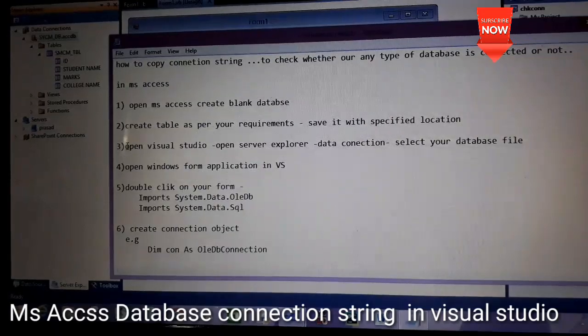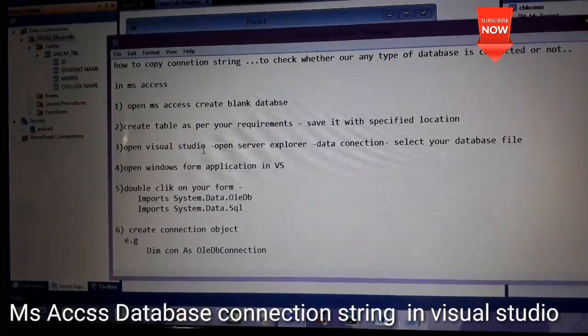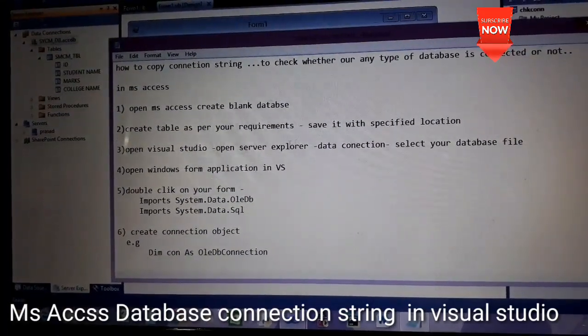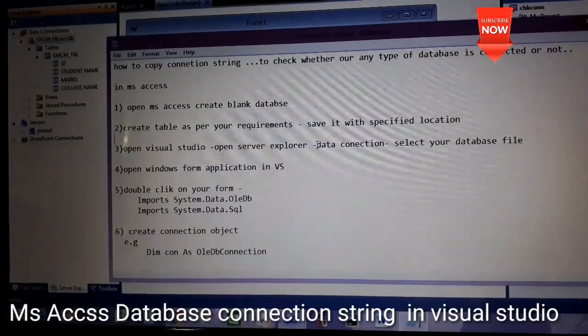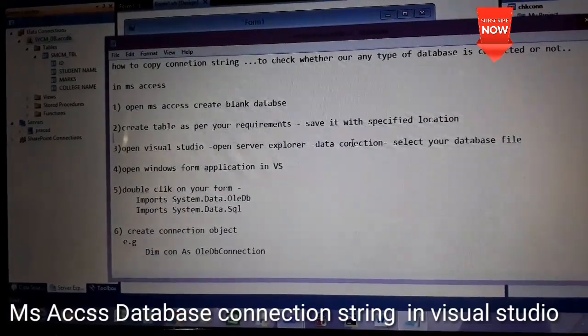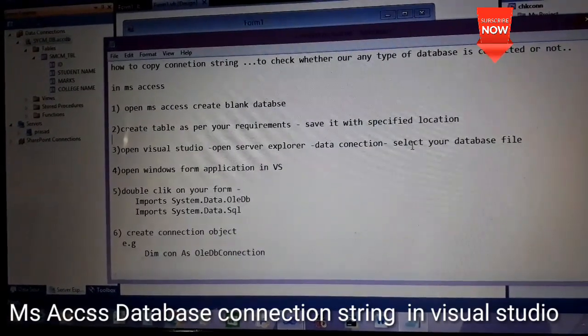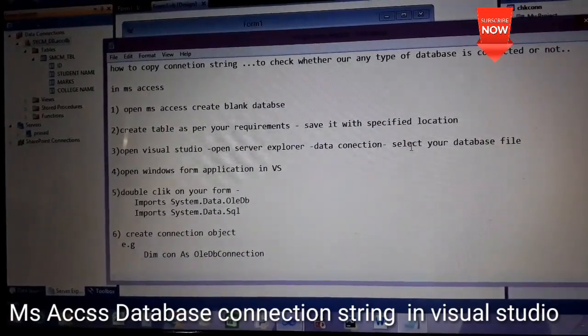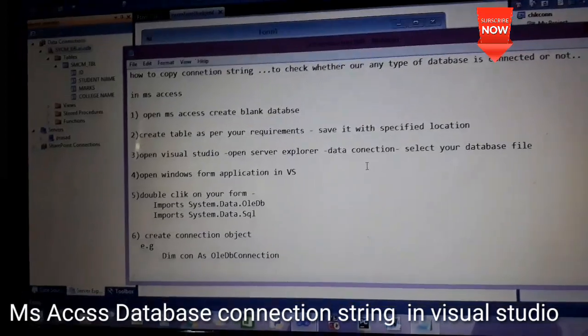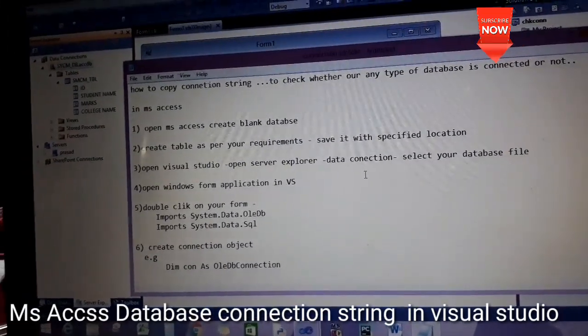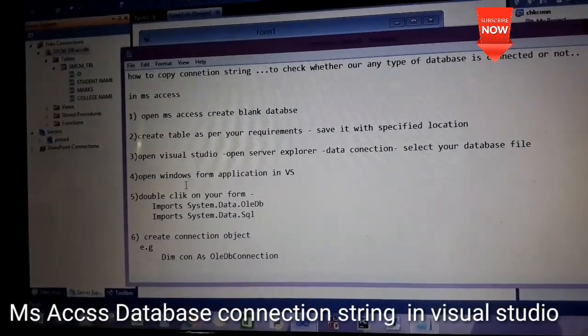Then the third step is: open Visual Studio, open Server Explorer, click on Data Connection, and select your created database file with the .accdb extension.